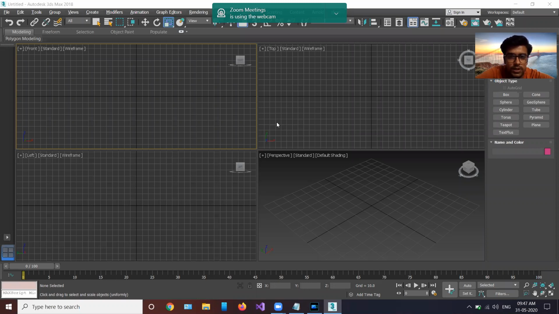In this video we are going to learn about how we can customize the UI. हम हमारी UI को कैसे change कर सकते हैं. There are many tools here, but if you want to adjust them by yourself, you can do it.